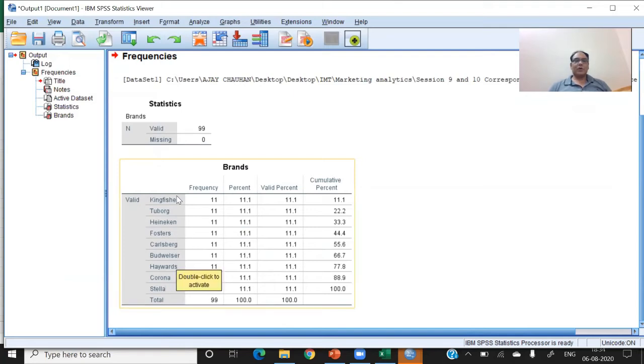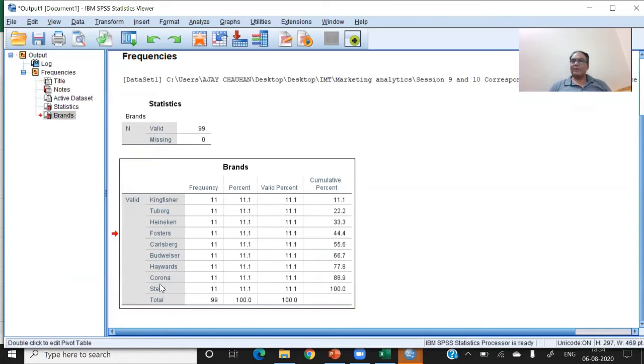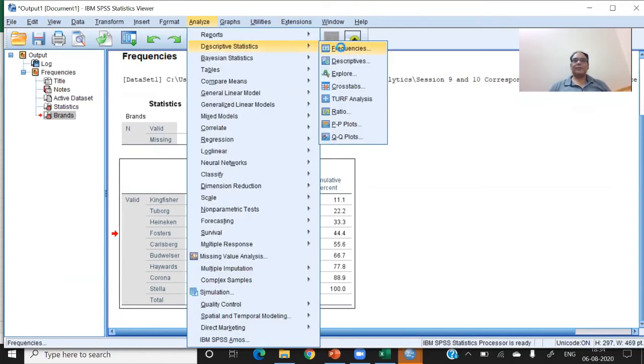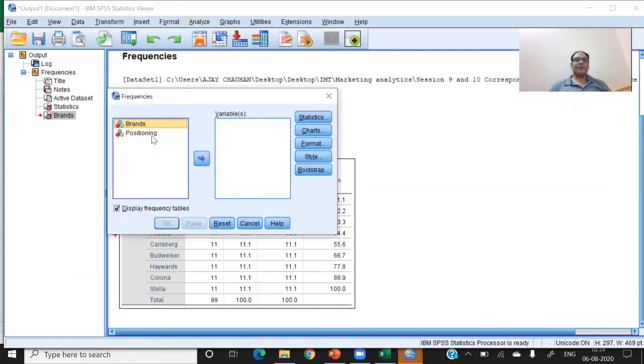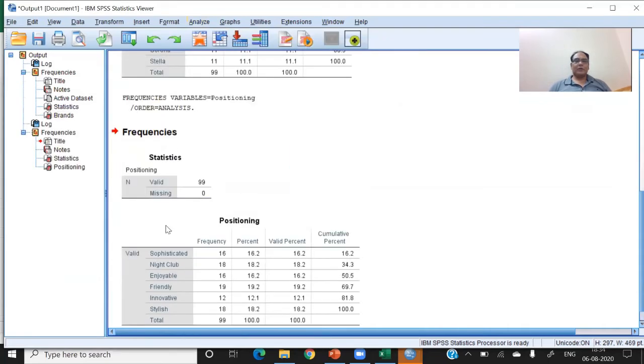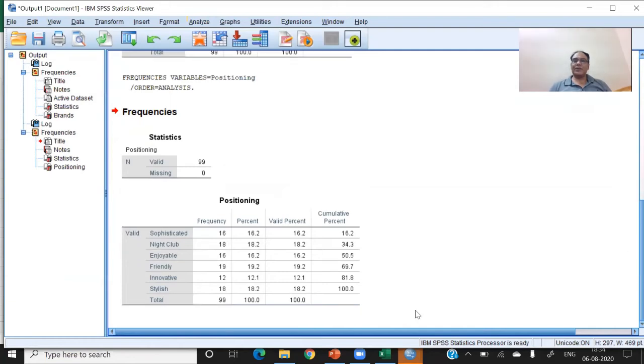So how many brands do I have to count? 1, 2, 3, 4, 5, 6, 7, 8, 9. So I have 9 brands of beer. After that, I want to find out the frequency of positioning. In this case, the different positioning they considered are 6: sophisticated, nightclub, enjoyable, friendly, innovative, and stylish.